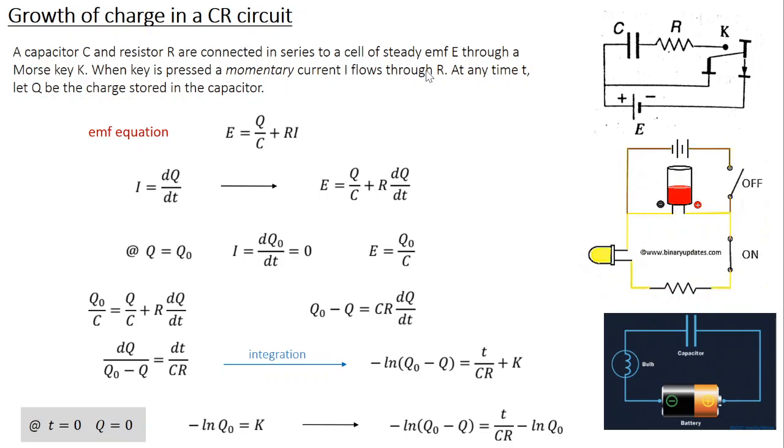Now, before going into the details of a CR circuit, let's first try to understand the working of a capacitor, because this is important in understanding the electrical behavior of the circuit. A capacitor is similar to an inverter which we use in our home. What does the inverter do? When the electricity from the power grid is available, the inverter stores the electricity, and when the electricity from the power grid is absent, the inverter starts like a source.